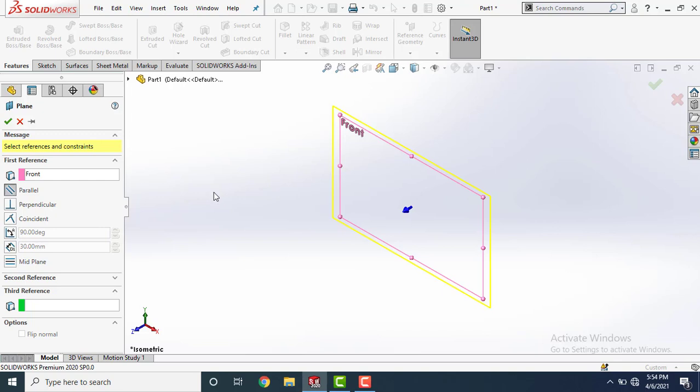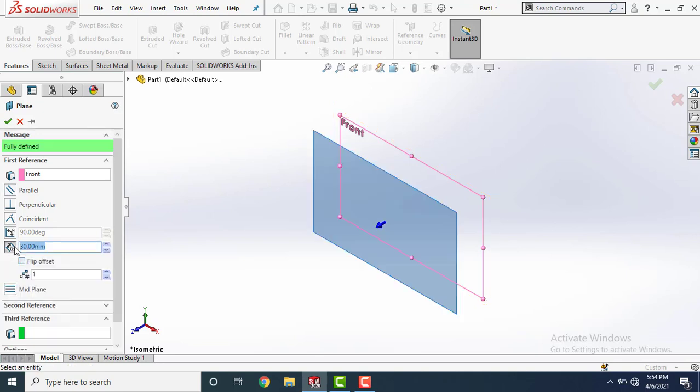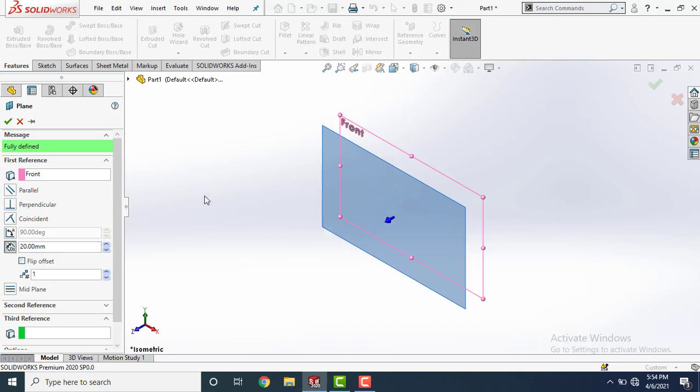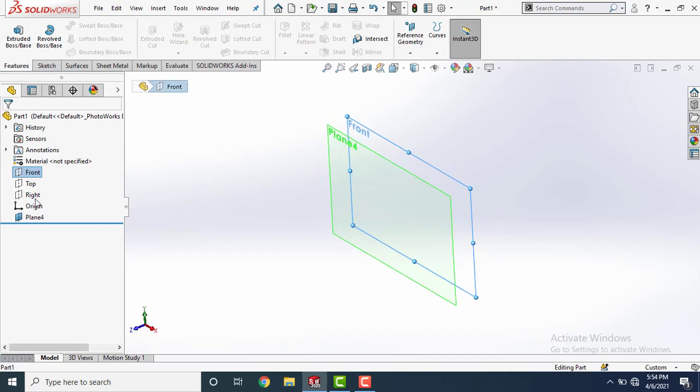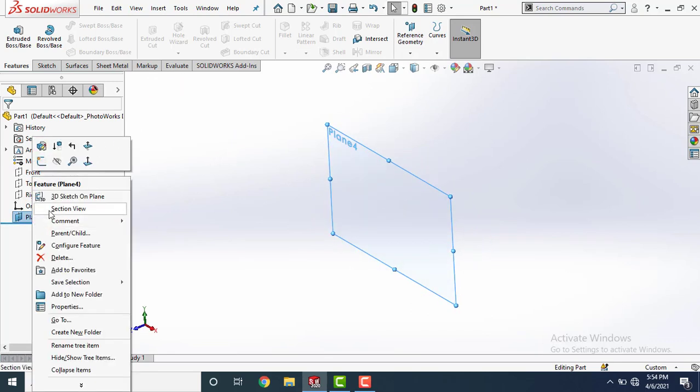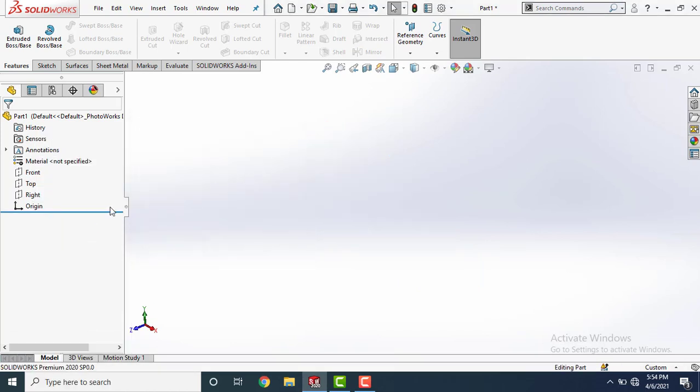Okay, since it is parallel to the front plane, you can add some distance, which is offset distance. When you left click on distance, this option is now visible and available. Okay, 30 mm distance is already available here. If you want to change it, you can change it like this. Okay, so this is how we can create a plane parallel to any other plane. I am deleting this. Okay, yes. Again I am selecting front plane, going to reference geometry, plane.